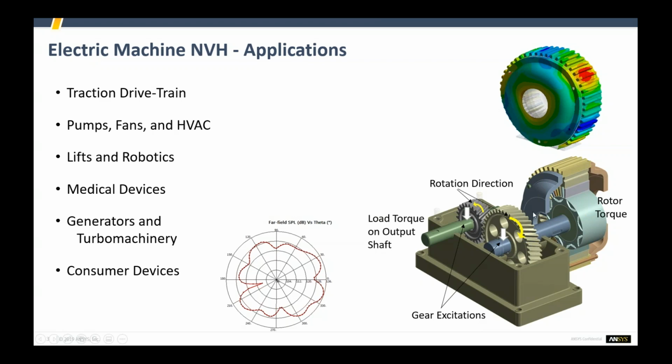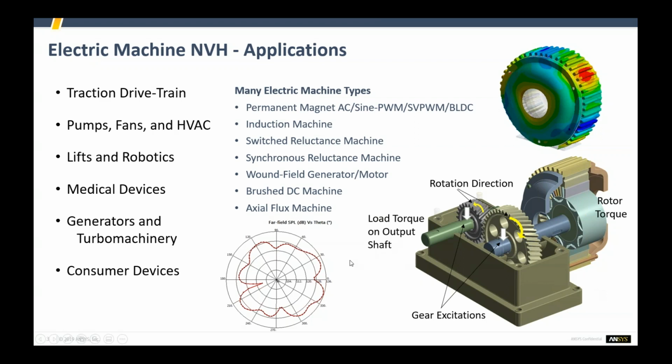So, for example, on the right we have a CAD of an electric machine. So we see the rotation direction, a roller. There's a roller torque, and then load torque on the output shaft, and then the gear excitations. So in a system like this, there's vibrations in between the gearboxes,